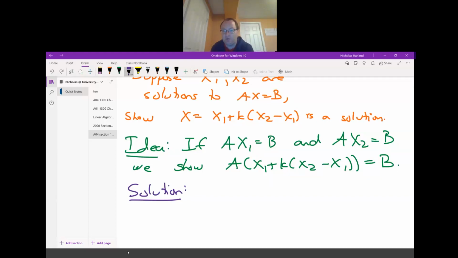Is it better to start with the complicated side and show it's equal to the nicer side, or start with the nice side and show it's equal to the complicated side? Is it easier to simplify something or complicate something? Yeah, it's easier to simplify, so let's start with the complicated left-hand side,